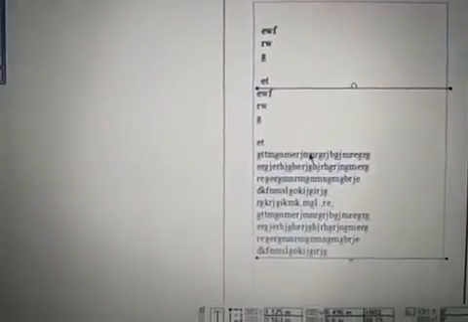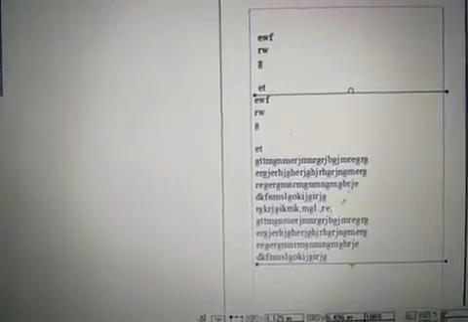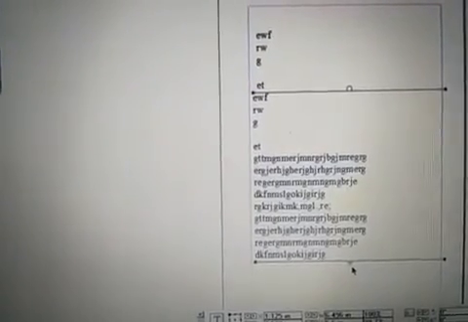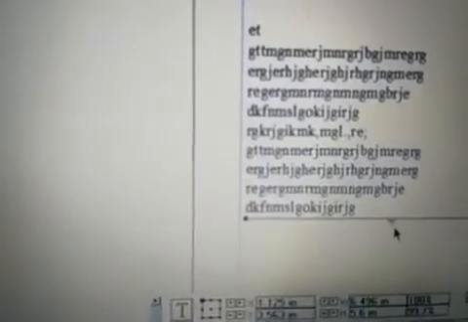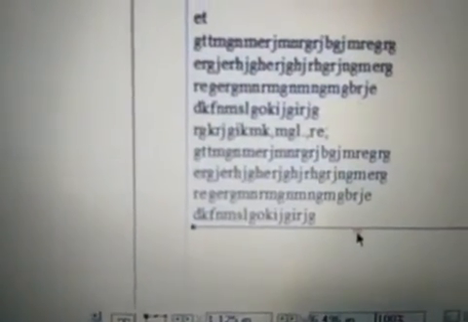Here you can see in this text block there are two handles, top and bottom. In the bottom handle there is a red triangle, which is used to represent that there is still more text. By clicking this, you can see our cursor changes into a loaded text icon.